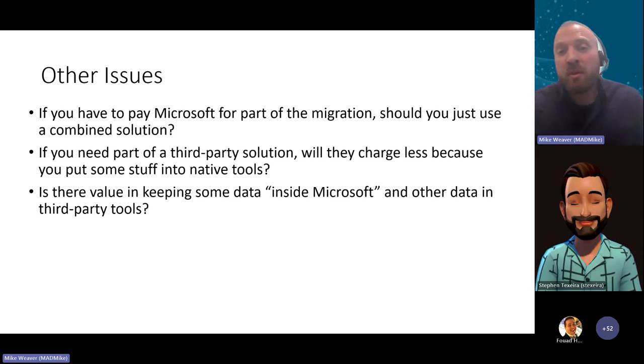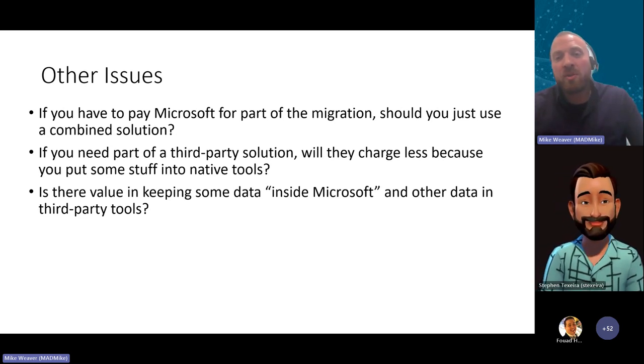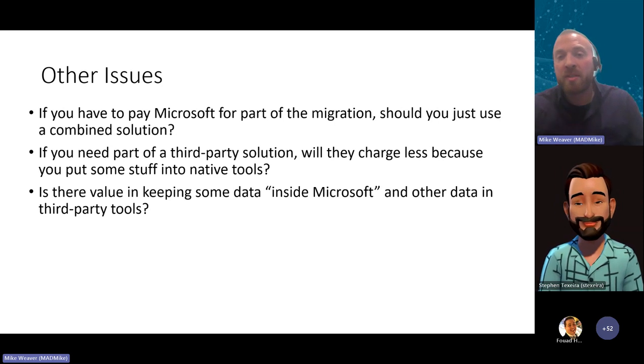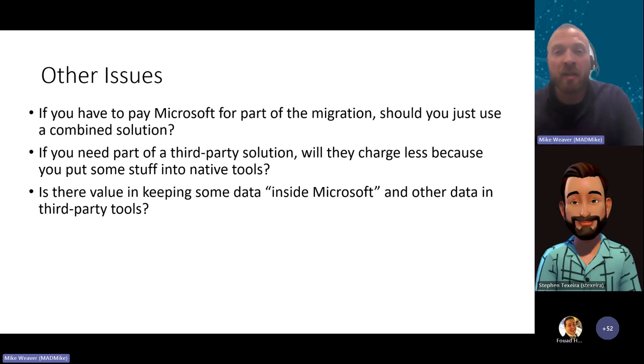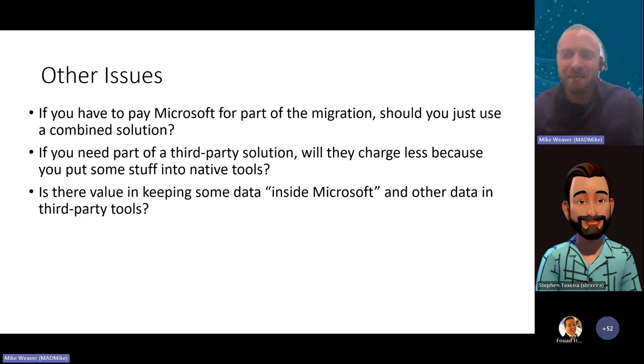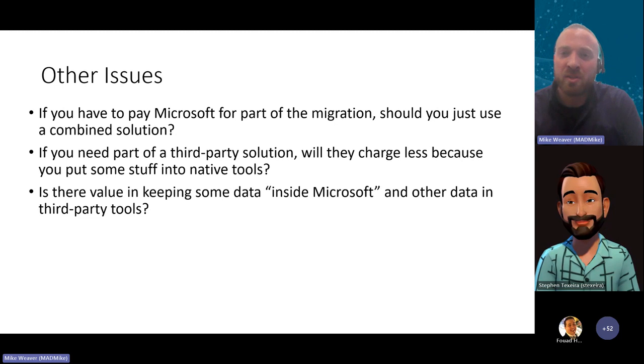The other challenge is, the third-party tools, they've got to make enough money to support the product, right? So, many of these solutions across the market are not going to discount out Exchange and OneDrive just because you only want to use them for SharePoint and Teams. It's the same setup overhead. They still have to assign consulting engineers. They still need tech support. They still need setup. They're overrun as an organization to support you. So do keep in mind when we talk about those